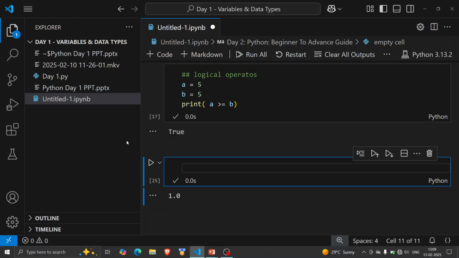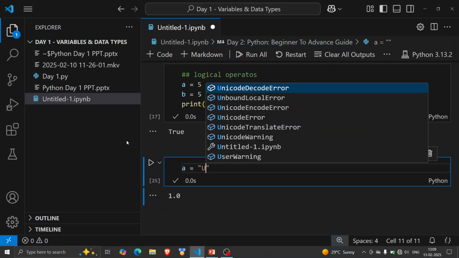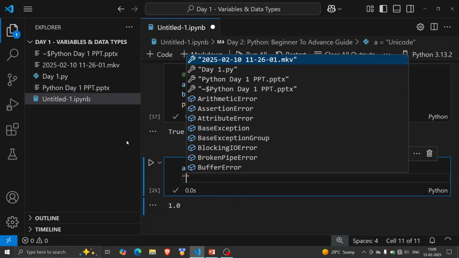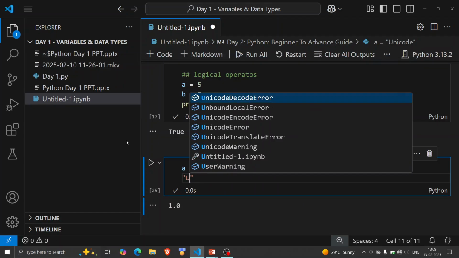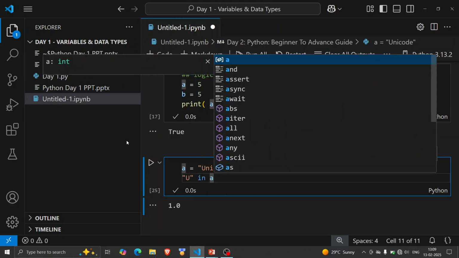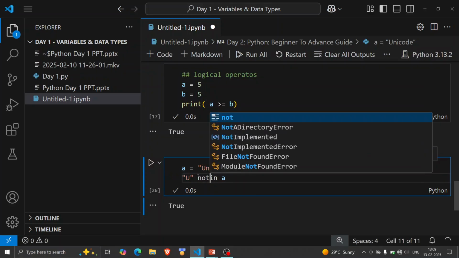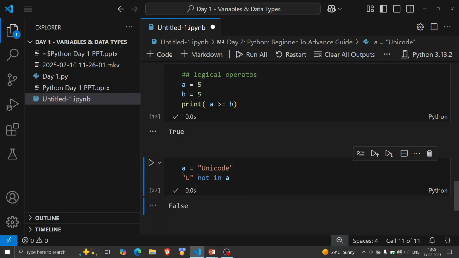Okay, simply if I say a is equal to Unicode, and if I say u in a, okay, u in a, it will either return true or false. So yeah, u in a. If I say u not in a, it will become false. So in means it will just check whether a particular value is present in a variable or not.